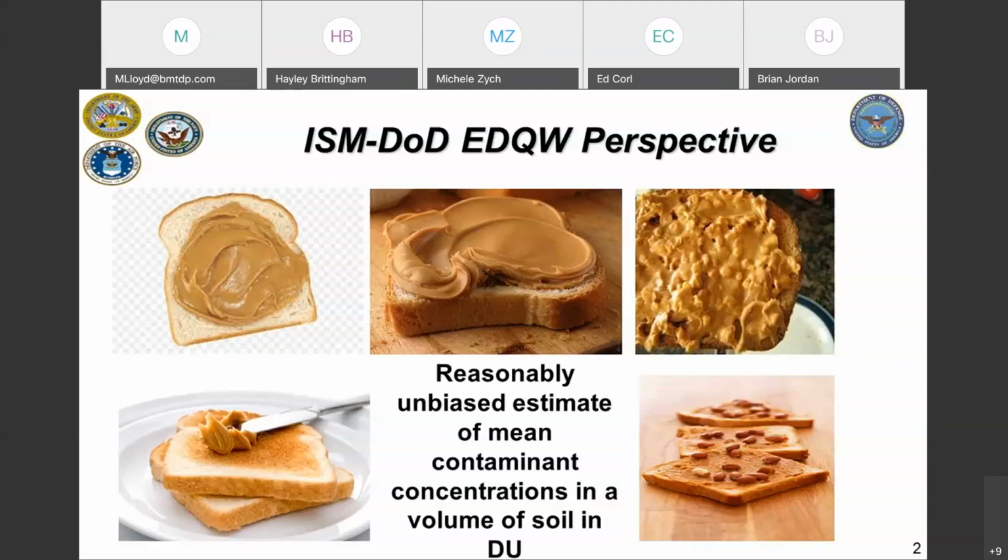Now, you'll also probably hear that same practitioner say that ISM does not dilute hotspots or these areas of higher concentration. I actually have a harder time with that statement because obviously, and you can look at any of these slides, for some of these sampling units, we're going to have increments, assuming we take increments throughout the piece of bread, that have no peanut butter, and other increments that have a lot of peanut butter. And where I come from, that's called dilution, right?